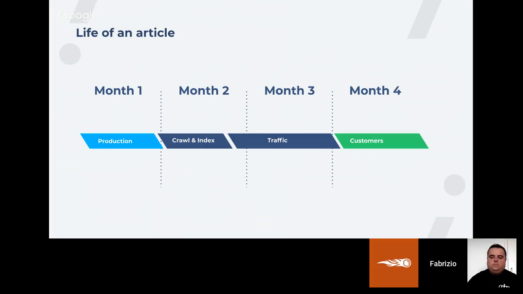And when you go a little bit deeper on what the life of an article is, the production is the time that you spend creating an article, and then there are also following phases where Google will crawl and index, where traffic will start coming to your website, and customers will come to your website. The reason why I think these tools are so important is because they really help you in the production phase, and that's where over the past year we really focused in terms of optimizing, because if you get that right, currently we do almost no optimization of stuff that we push out, very little.